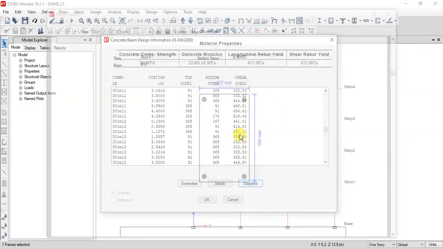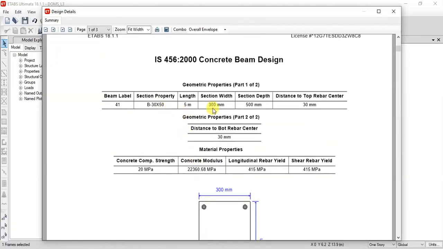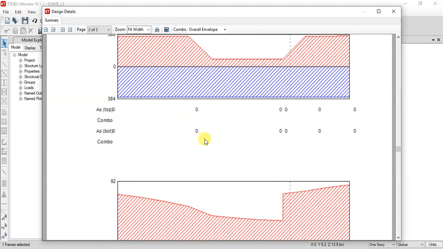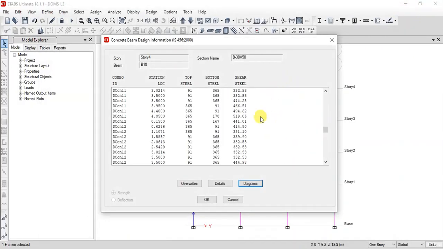Or if you want a diagram, the respective diagram for the beam along with the reinforcements will be displayed here. So you can use this as your reference for doing the detailing work.